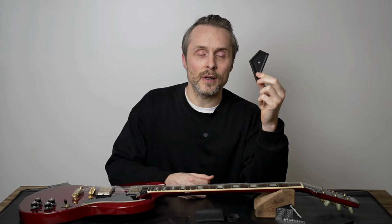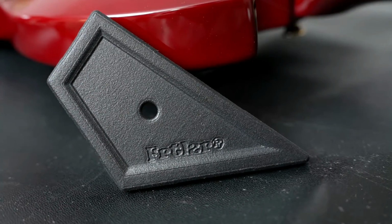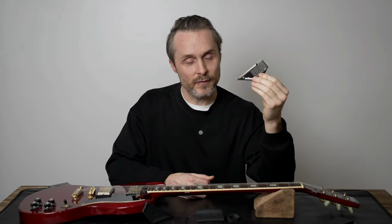beautiful tool here, the Frtlzr Fretshaper, to fret spot level this section. And we also use the Frtlzr Fret Banger to analyze the height of the frets, if they are level or